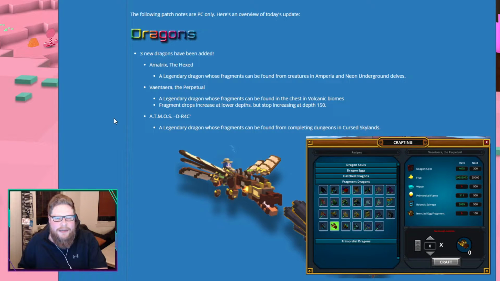But when you get the gateway and you do the delve, as you can see, fragments increase by lower depths, but stops increasing at 150. You can go lower than 150, it's just not a bigger chance of getting fragments. You're not guaranteed to get a fragment every time you do one of them. I'm pretty sure you don't. I think it's still a chance, right, but you're guaranteed to be in that biome,